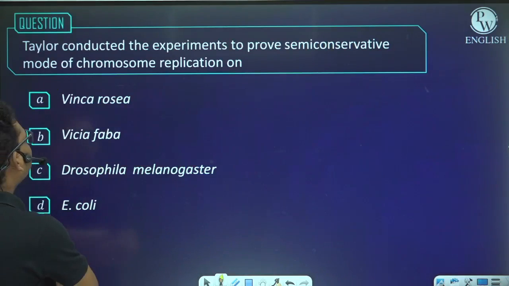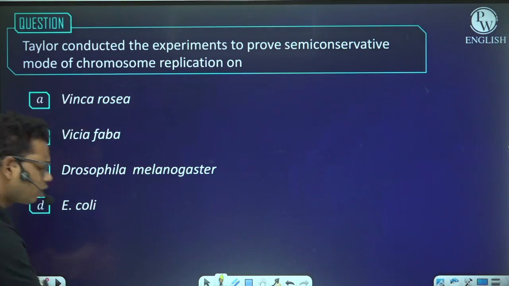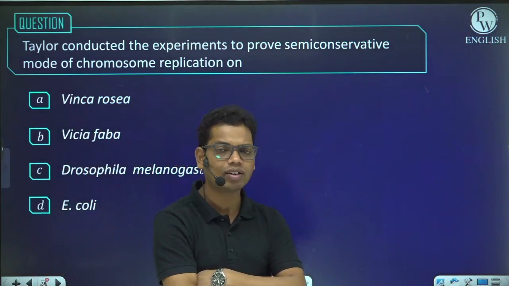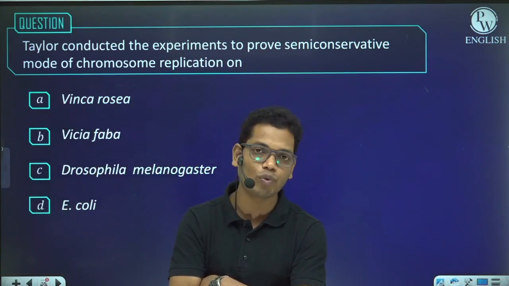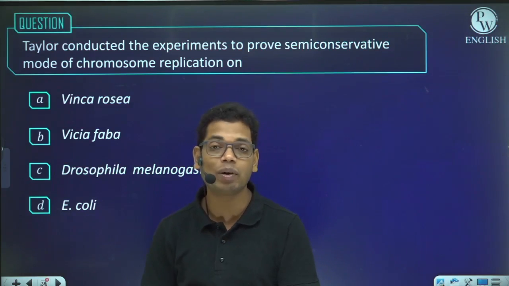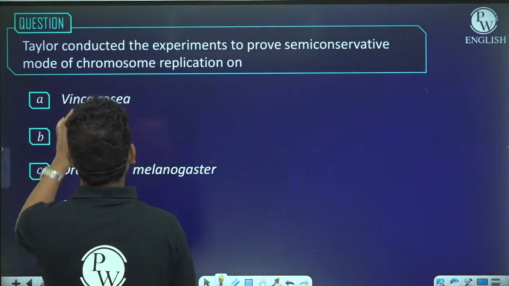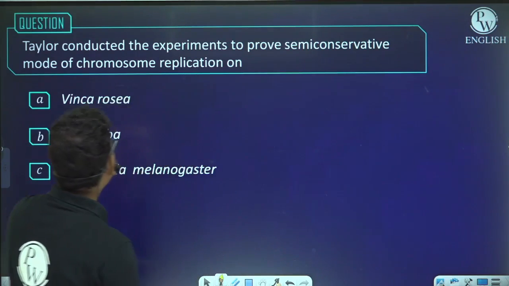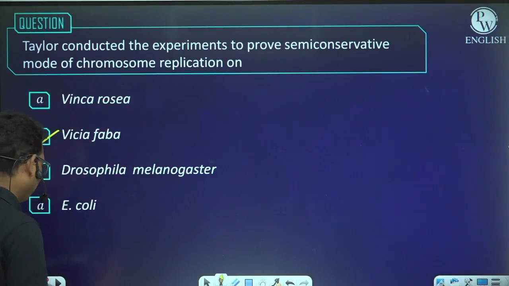Next, Taylor conducted experiments to prove semi-conservative mode of chromosome replication in. See, for the first time, the DNA replication is semi-conservative was proved by Meselson and Stahl, and they proved it in E. coli. Then other scientists also proved this one, but in different organisms. So Taylor et al. proved semi-conservative mode of DNA replication in which organism? Vicia faba. This is a bean. Okay. Next,